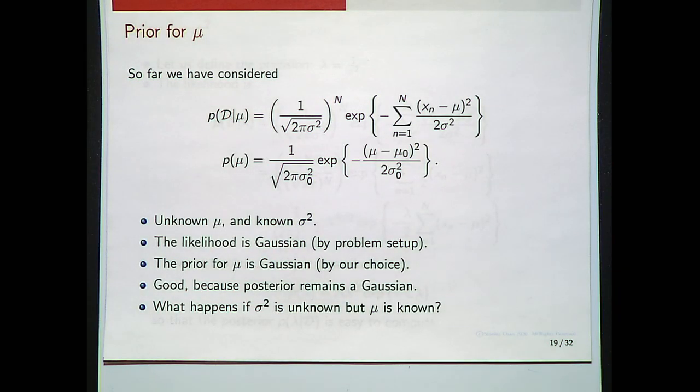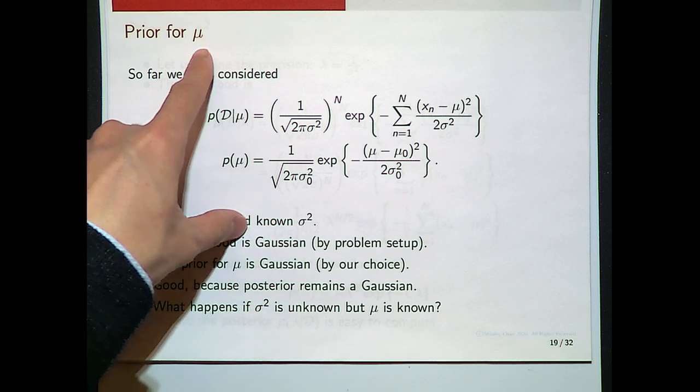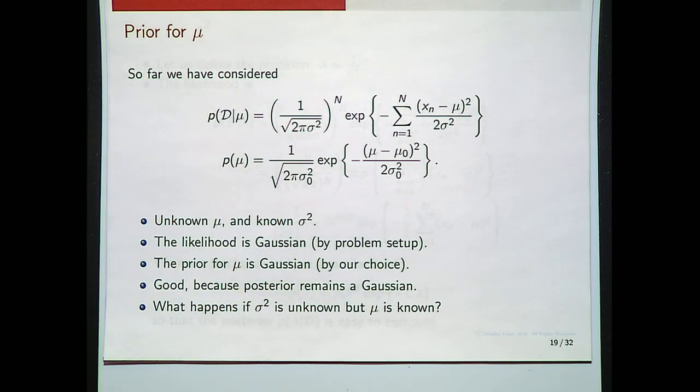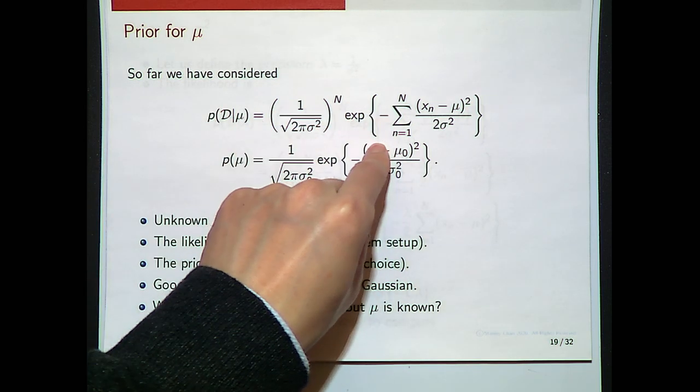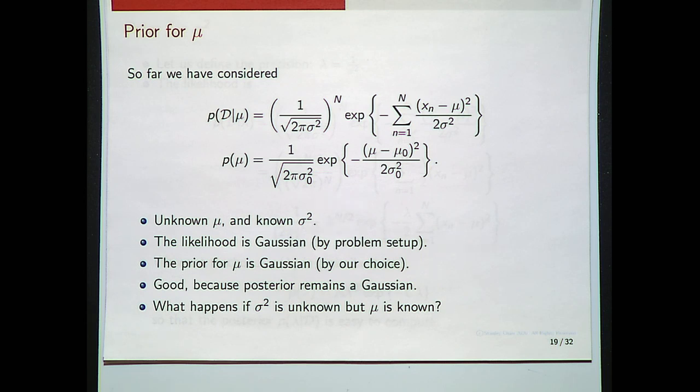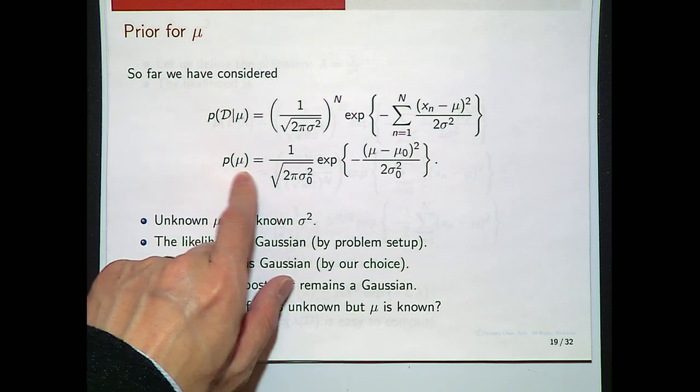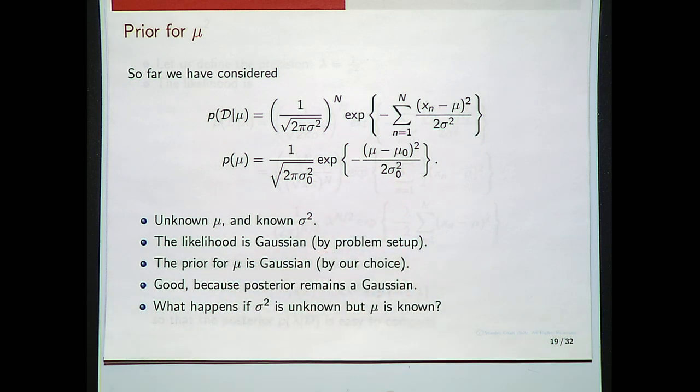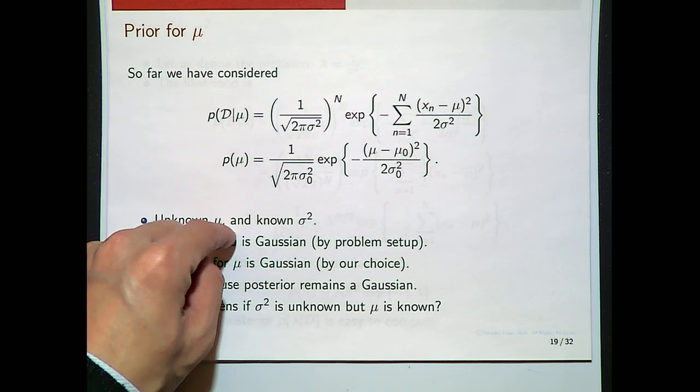Let me explain what I mean by computational convenience. There are multiple parameters in a Gaussian setting. There's a mean, there's a variance, so you can put a prior on the mean, you can put a prior on the variance. So let's look at the mean case first. If you want to put a prior on the mean, what we have just shown two pages before is that suppose your likelihood is a Gaussian by your problem definition. If you choose the prior to be also a Gaussian, then you can show that the posterior distribution is